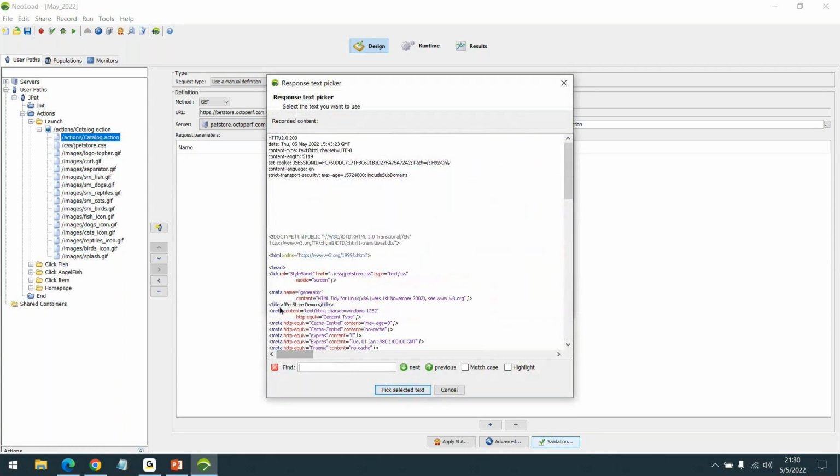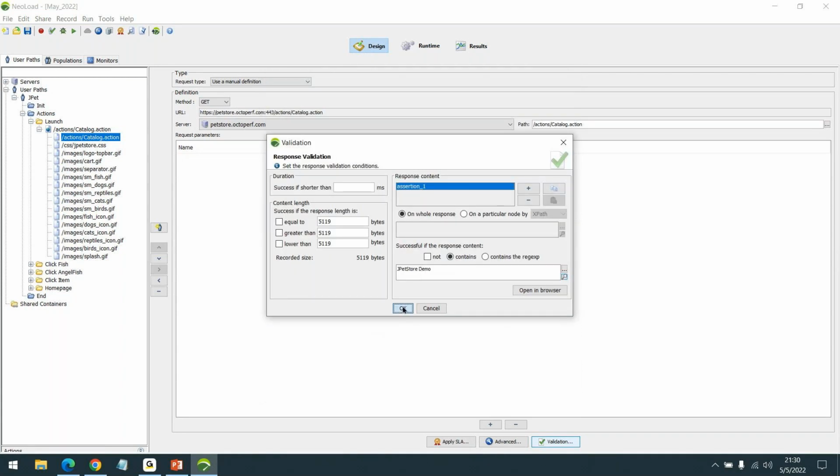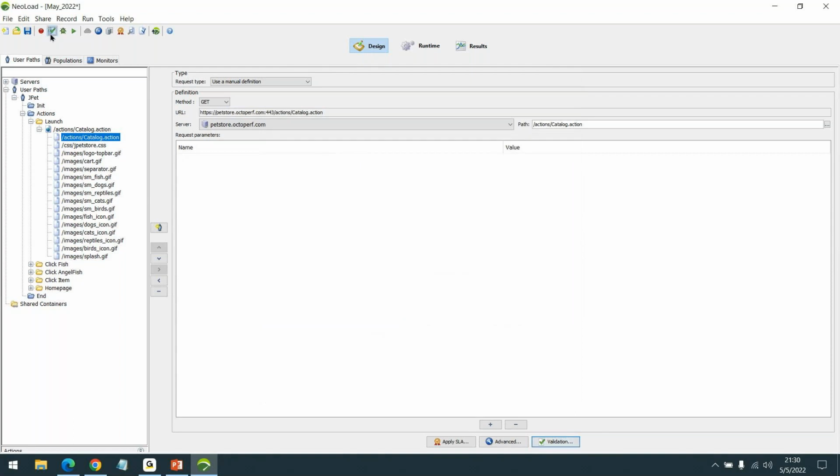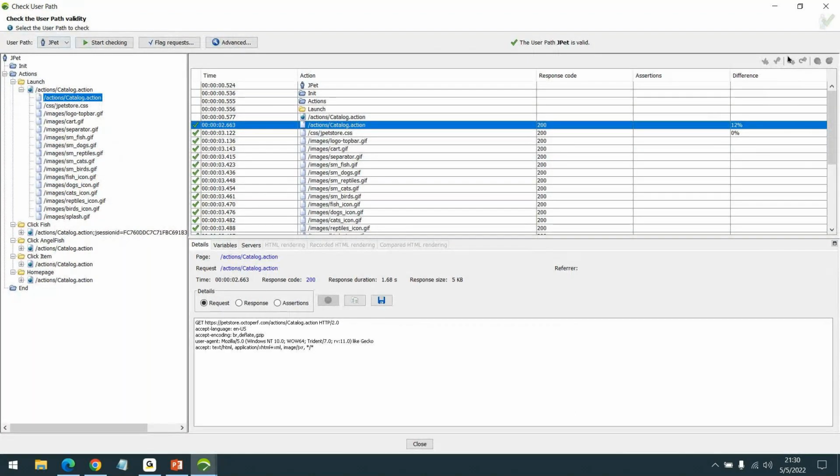You see this, there is JPEG store demo. Let's say I choose this as my validating key. I can select this as a text and simply hit OK. Now I'm replaying this.